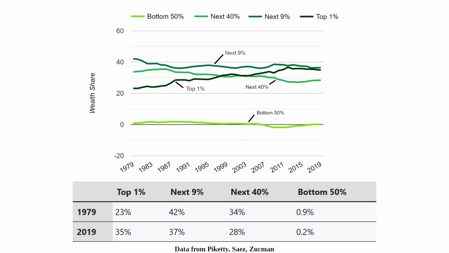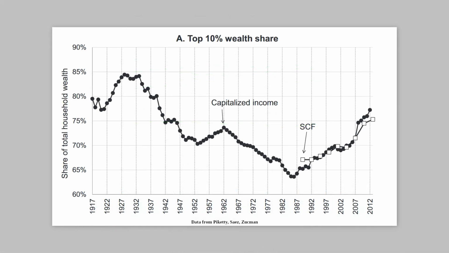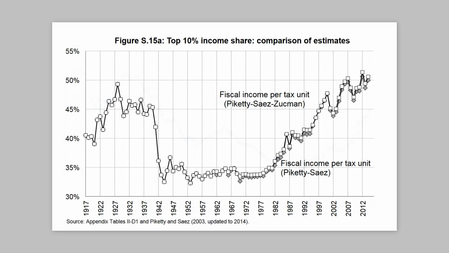Overall, the concentration of wealth has followed a U-shape. At the beginning of the century, the top 10% had a very high percentage of total wealth. This reached a peak at the start of the Great Depression, but then began to decline, and consequently, the wealth share of the bottom 90% began to increase. The bottom 90%'s wealth share increased rapidly during the 1930s and 1940s. It increased again from the 1960s to the mid-1980s, where it reached a peak but then began to decline. The same U-shape is present in income shares.